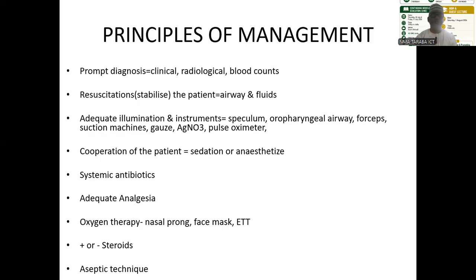The cooperation of this patient is very important, because the sites of the pathology are not easily accessible. So you need the cooperation of this patient. In some instances, you will have to sedate or anesthetize this patient to be able to help them out and stabilize them before you refer. You may need systemic antibiotics, adequate analgesia, oxygen therapy with the right nasal prong, face mask, and tracheal tube,